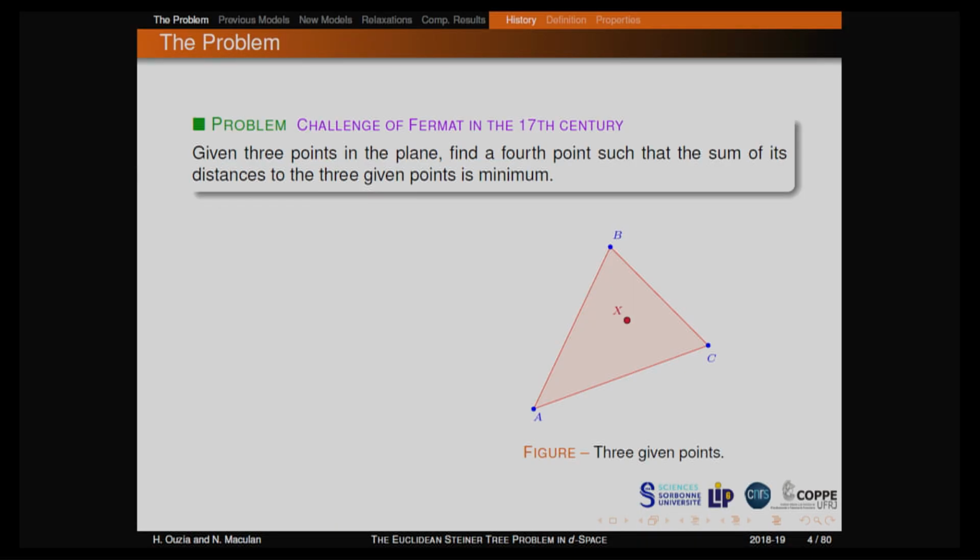And we start. Suppose this problem is probably, I think so, from Fermat in the 17th century. He gives you a triangle in 2 dimensions, and you are looking for a point X for which the sum of the distances XA plus XB plus XC has to be minimum. This is the first problem, you know. And this problem has 2 extensions. One is: given P points in n dimensions, find a point for which the distance between this point and all the other points is minimum. We call it the Weber or